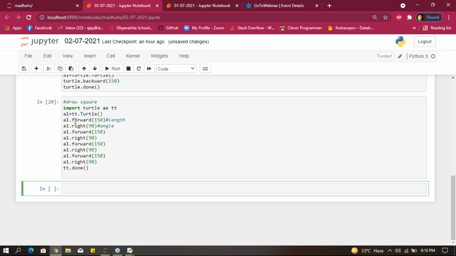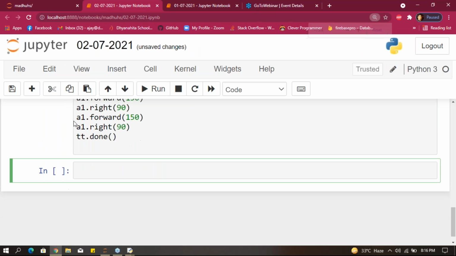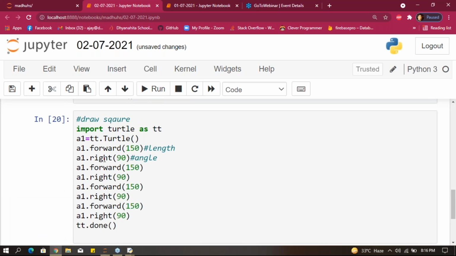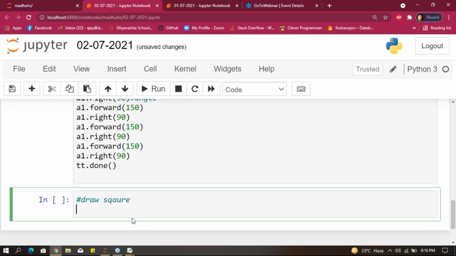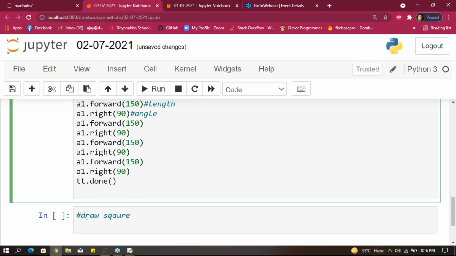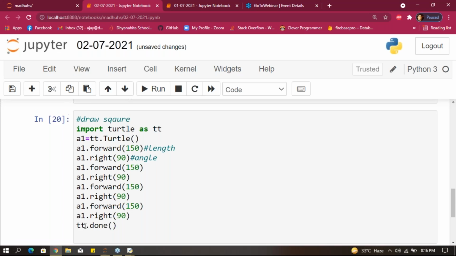Here we took the forward function. Same example, again we will draw a square. But here we take backward.